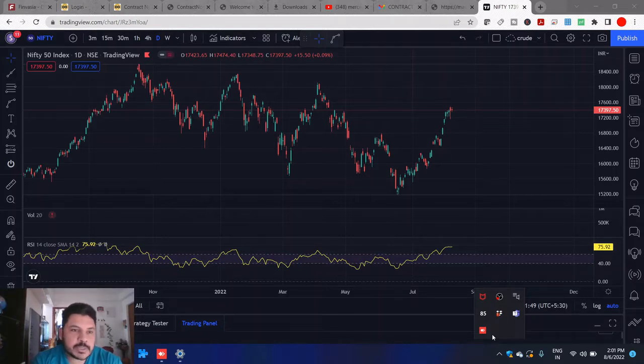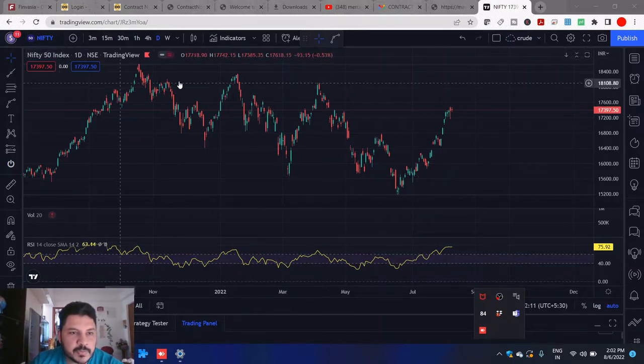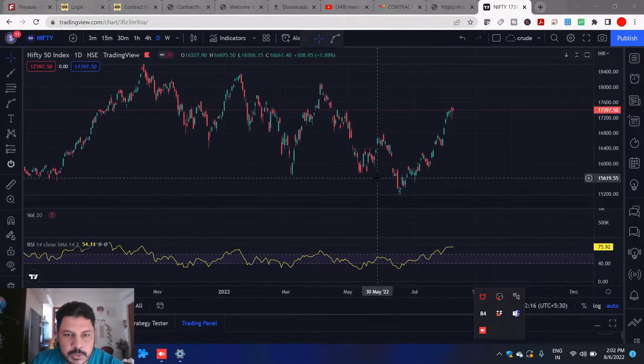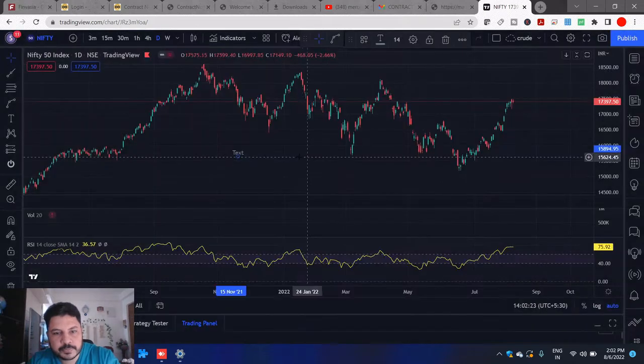To get started, we will start analyzing Nifty and Bank Nifty on multiple time frames using our curved trend lines also. And today I will try to show you and teach you what a trend is and how you can identify a trend. So let's get started. As you can see, this is a Nifty 50 chart on TradingView, and this is a daily time frame. To understand what a trend is,